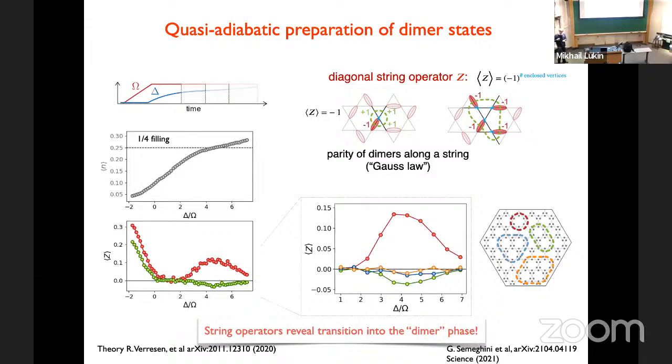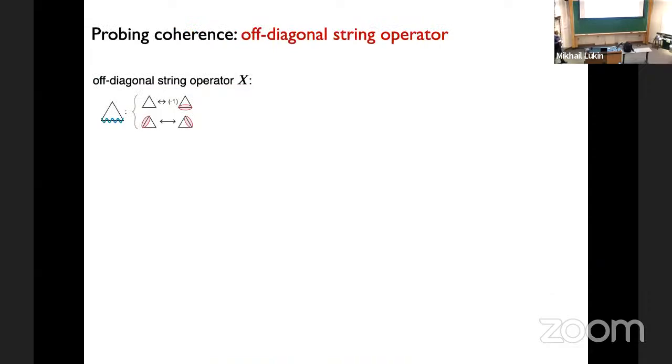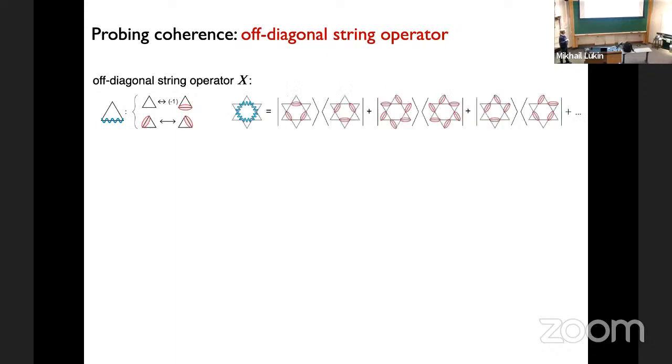So we now need to also prove that we have this superposition of all of these dimer coverings. You would say it's very, very challenging, and indeed it is very non-trivial how to do it, but it turns out it is possible. So for that, we need to evaluate this off-diagonal string operator, the operator X, which acting on some of these little triangles will actually shift the Rydberg atoms around. And it turns out if you define the string operator in this way, then if you look at a closed loop, then what this operator does, it basically takes one dimer covering into